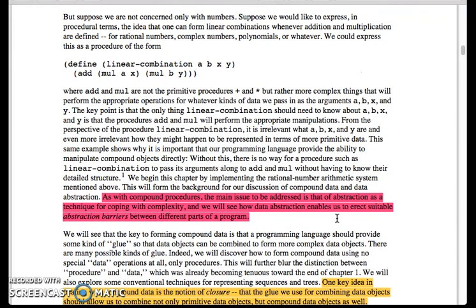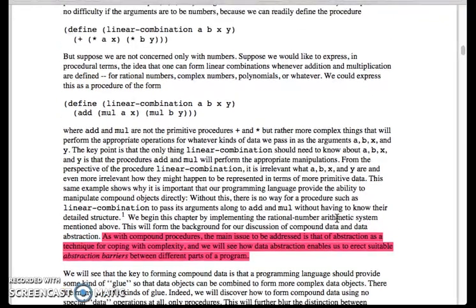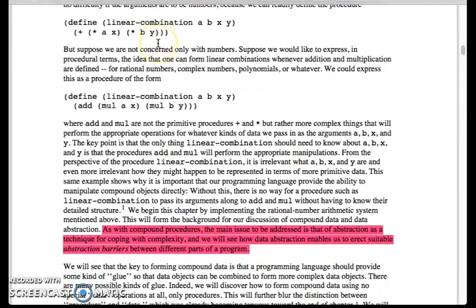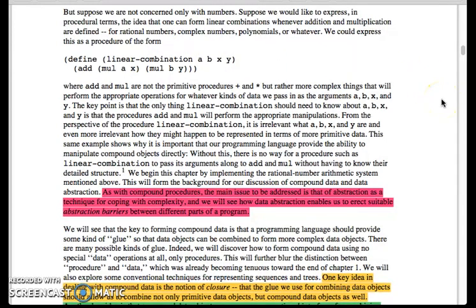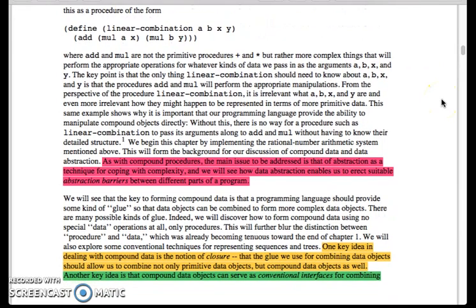But suppose we are not, or I guess it would be the product, right? Product of a and x and the product of b and y, whatever. But suppose we are not concerned only with numbers. Suppose we would like to express in procedural terms the idea that one can form linear combinations whenever addition and multiplication are defined. For rational numbers, complex numbers, polynomials, or whatever, we would express this procedure as the form: define